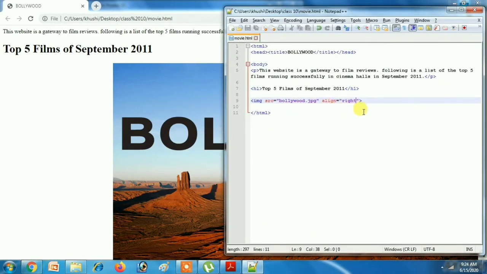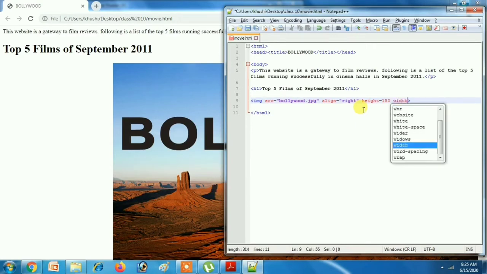So reduce the size. Okay, it is height equals 100, or I will take 150, width equals 150.